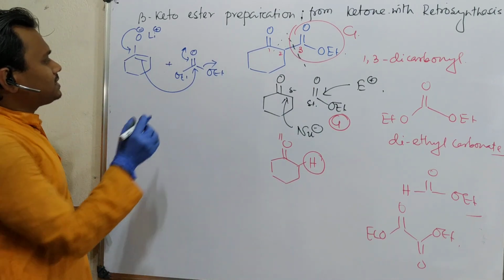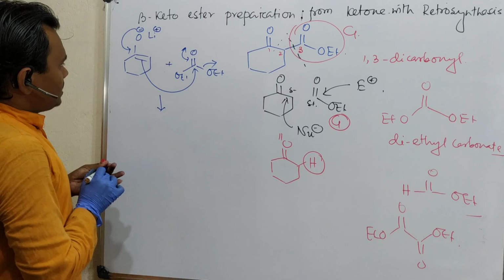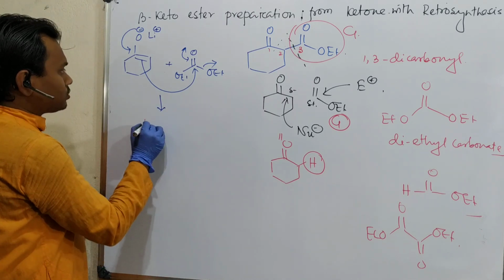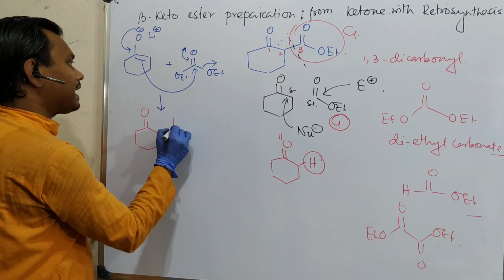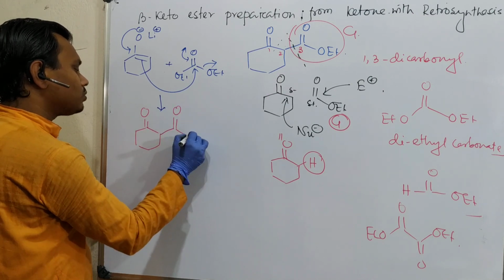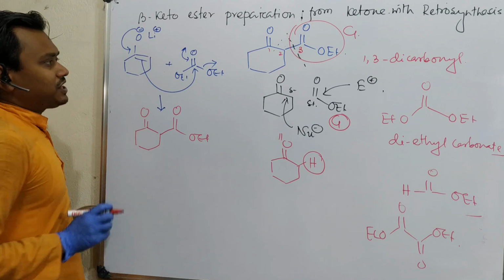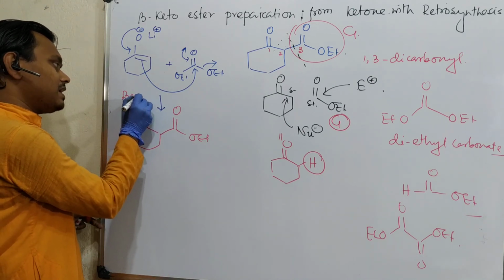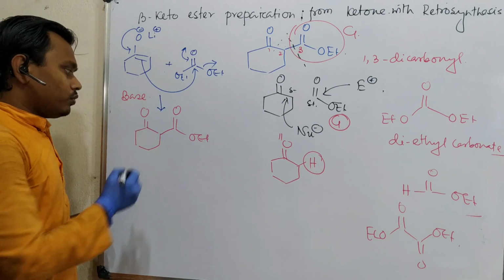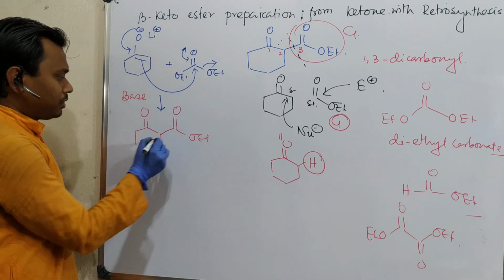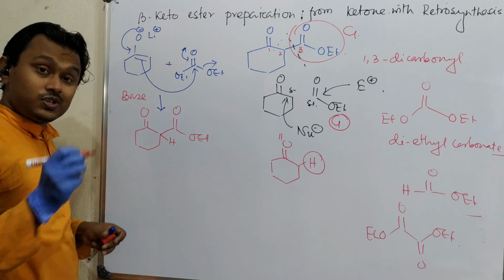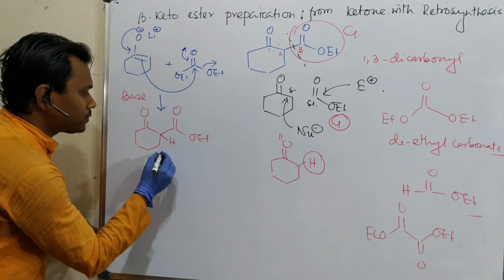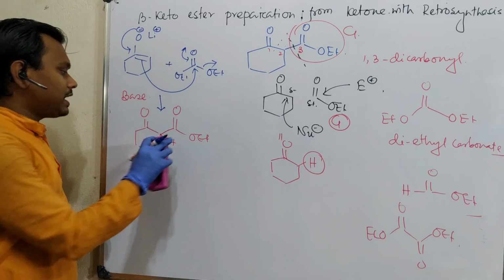So then what is the next stage? This will be converted to C double bond O. This will attack, and this is OEt. Question. We are using LDA as a base. So this is under a strong basic medium. Will the reaction stop here? No, because there is another proton which is more acidic compared to the parent ketone. So it will be deprotonated to form the corresponding anion.